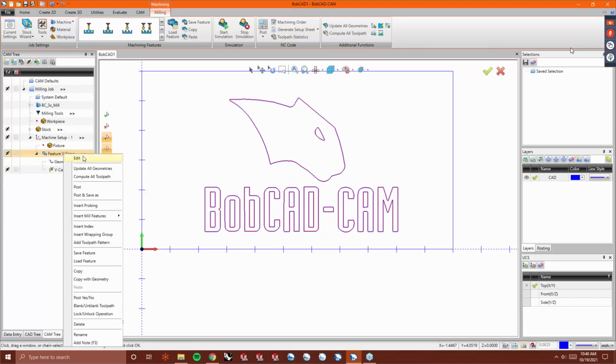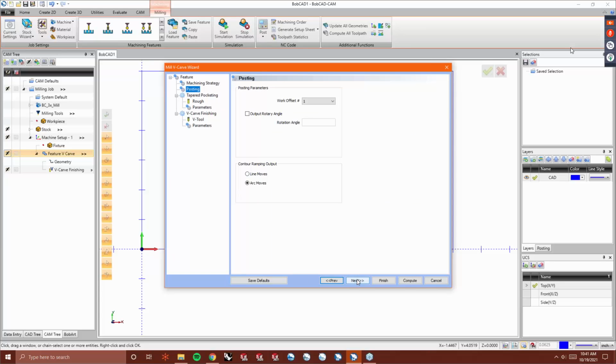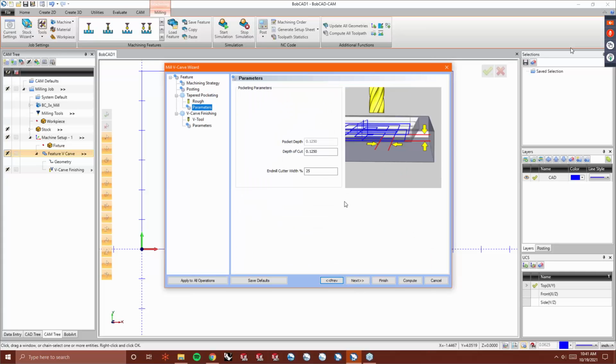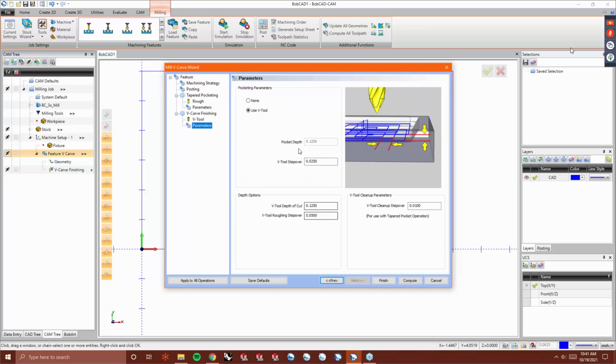So if I go back down to edit, let's go ahead and go to machining strategy, and we're going to add a tapered pocketing, and we're going to move it to the top. So we're making it the first toolpath in this. Let's just say we've got a 1/4 inch flat end mill. Depth of cut's 1/8 of an inch. Step over 25%, that should be fine. Typically on a VCarve, because you're usually doing more intricate details, the smaller step over can help clean up stuff a little bit better. And then we've got our VCarve finishing tool,